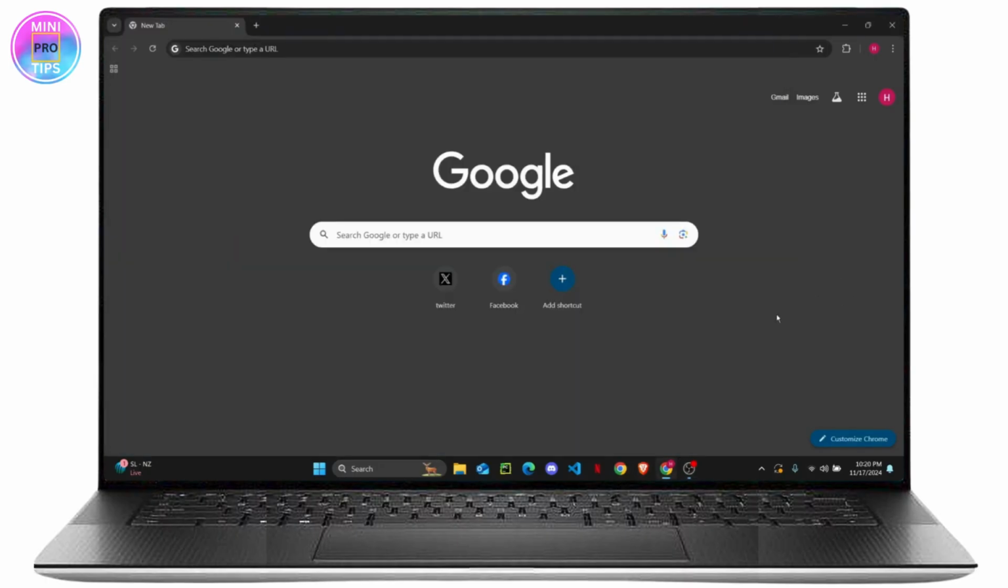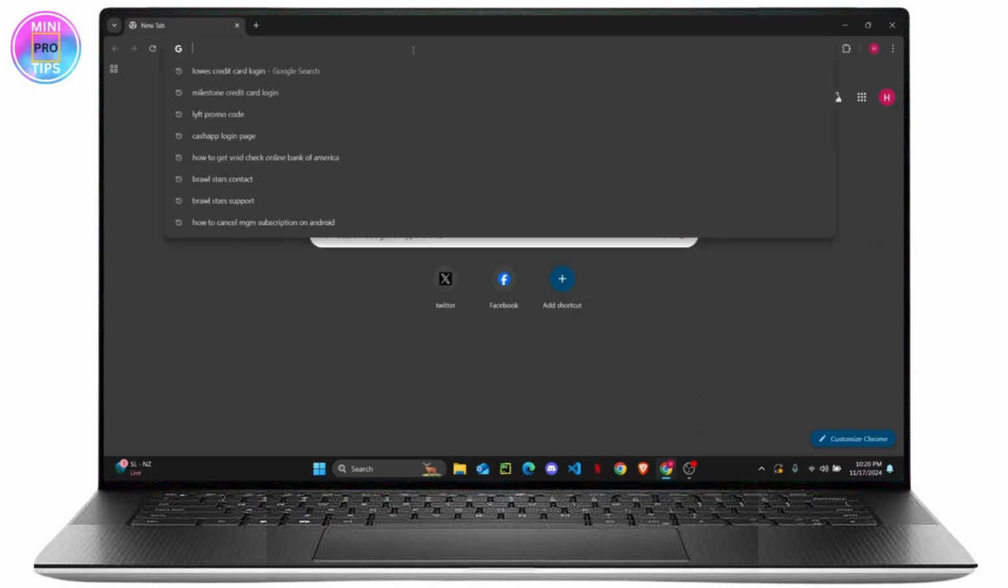Today I'm going to show you how you can easily log into your Lowe's credit card online account. Let's get right into it. First things first, you have to get over to any web browser you have and then search for Lowe's credit